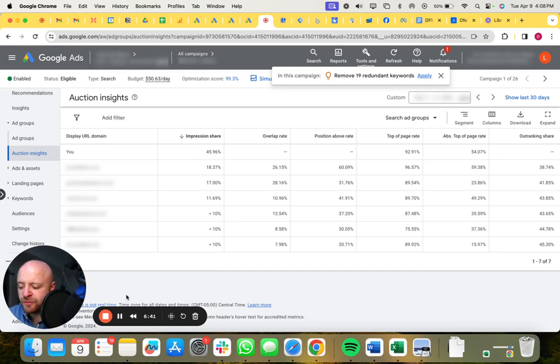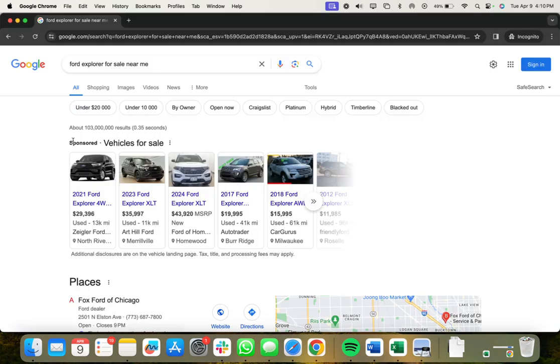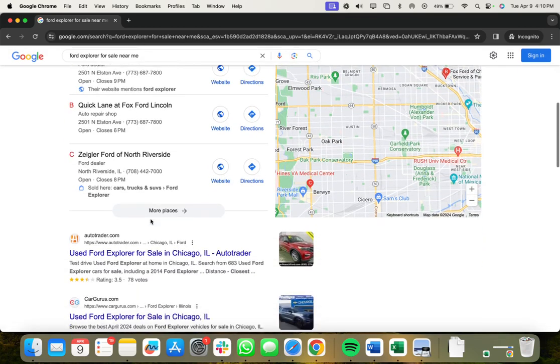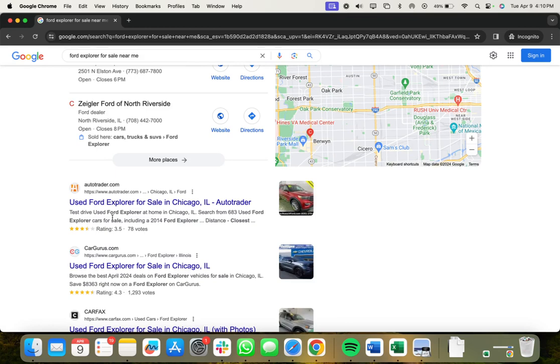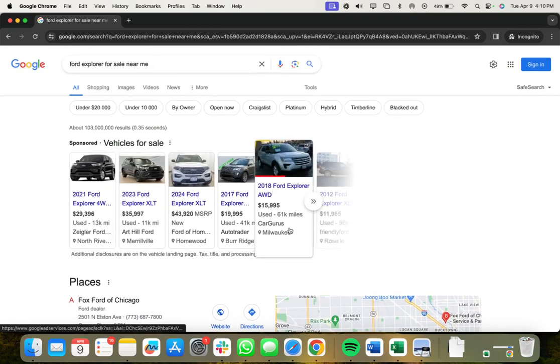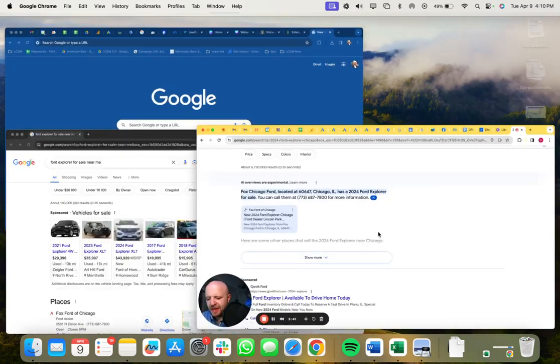And to refresh everybody's memory, what's a VLA? A VLA, or vehicle listing ad, they might be called something else at this point, but it's these guys up here. It shows sponsored, it shows a picture, it shows a year, make, model, it shows a price, and it's in this format. It's not a regular sponsored listing or organic listing. It actually has a picture at the top placement on Google. So with that being said,